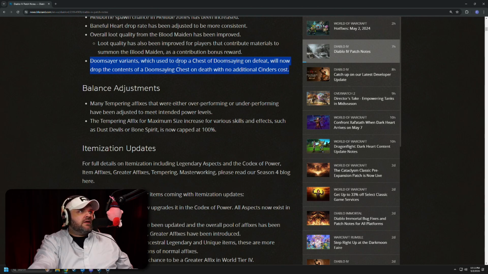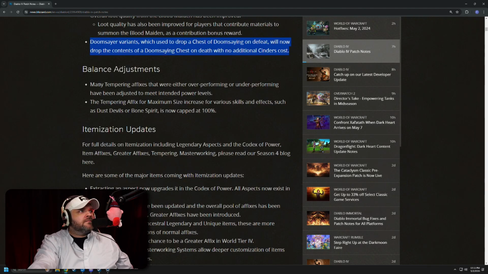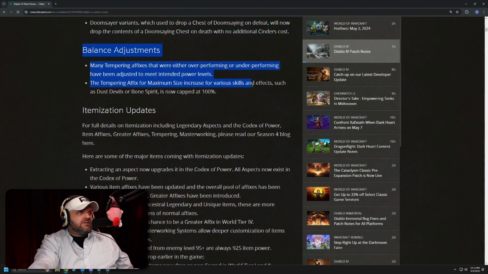Doomsayer variants, which used to drop a chest of Doomsaying on defeat, will now drop the contents, so it's less clicking. Makes sense. Balance adjustments. Many tempering affixes that were either overperforming or underperforming have been adjusted. The tempering affix for maximum size increase for various effects, like Dust Devils and Bone Spirit, is now